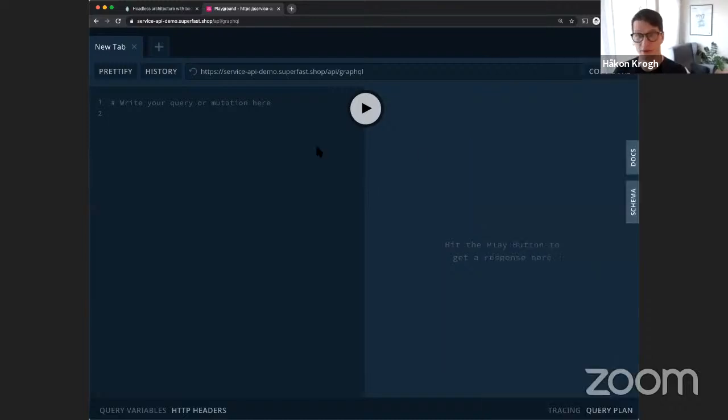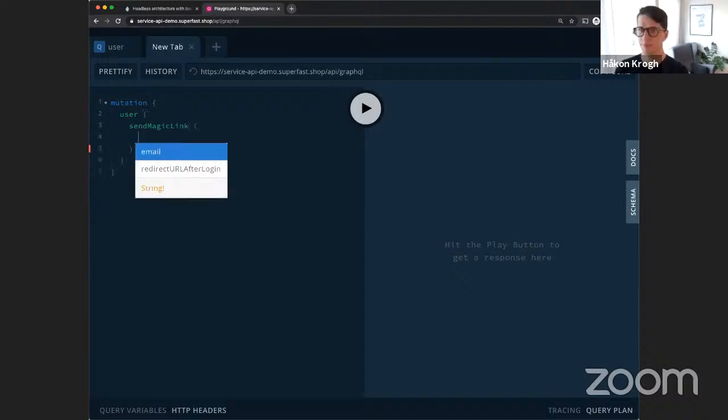If I want to demonstrate something very simple, let's use the user queries and check if the user is logged in or not. And the Service API tells us that there is no current user logged in. I mean, this user session that I'm in is not logged in. So if you wanted to write login functionality from the front end, you would have to call a mutation that we wrote here to send a magic link to users,